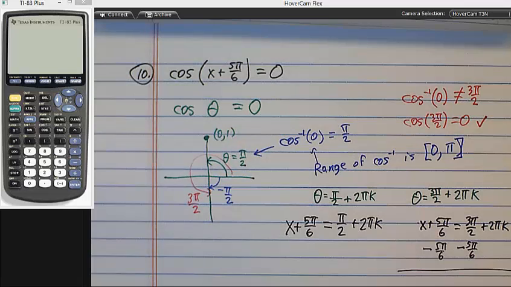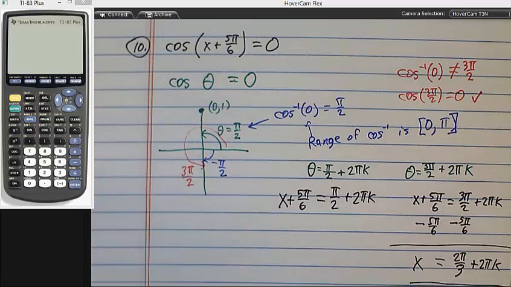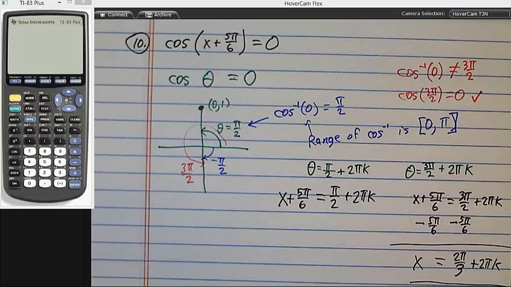Now, you have to trust me on this because we're out of time. If I do 9 pi over 6 minus 5 pi over 6, it's 4 pi over 6, which is 2 pi over 3. And then the same thing here, you could get it. But there, for example, are some of the answers. We'll talk more about this on Monday. But this should be at least enough to get you working on the first homework for the trig equations, number 7 and